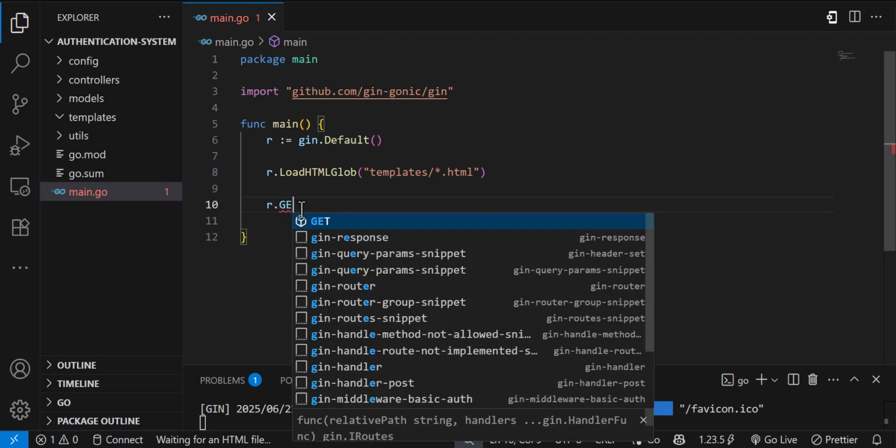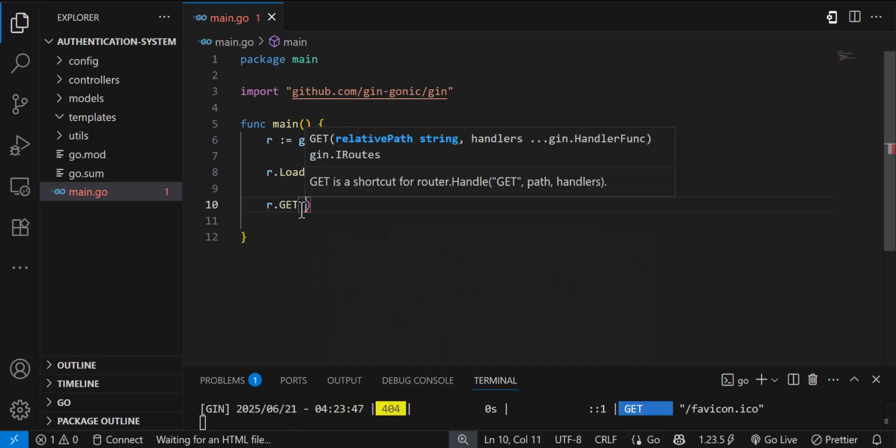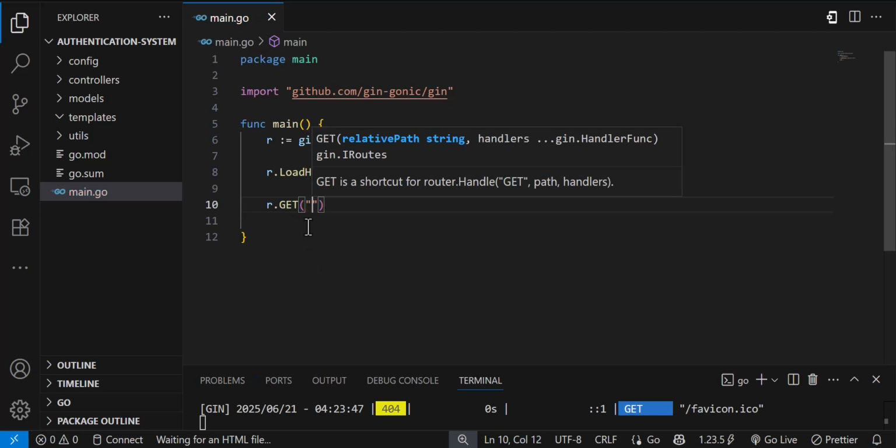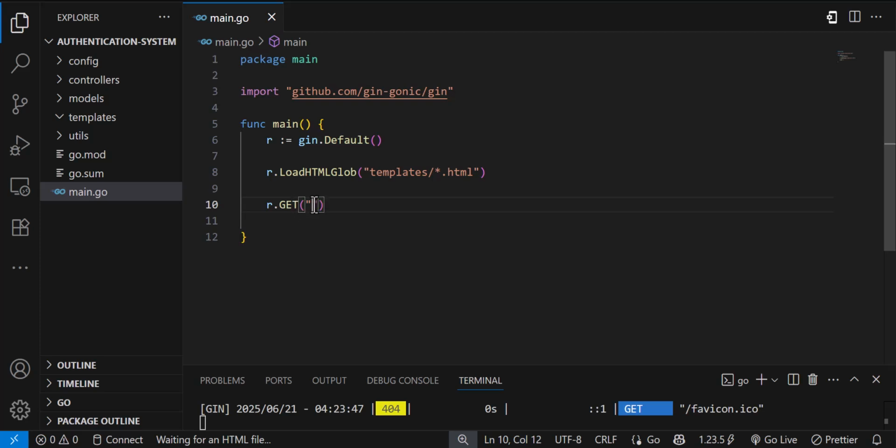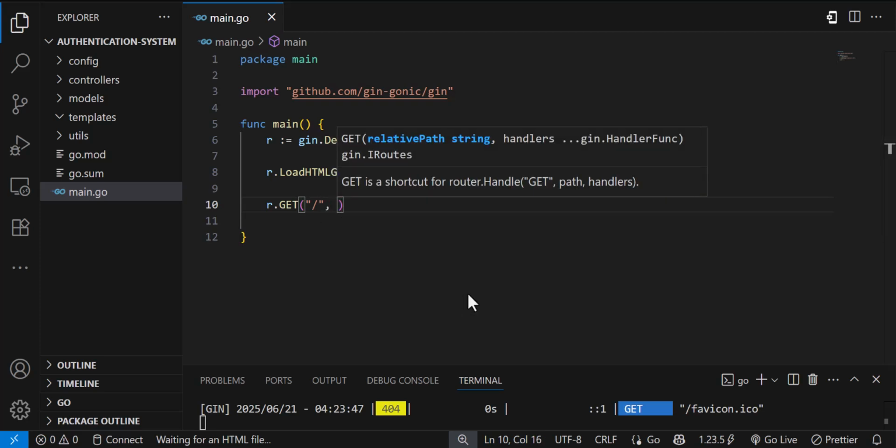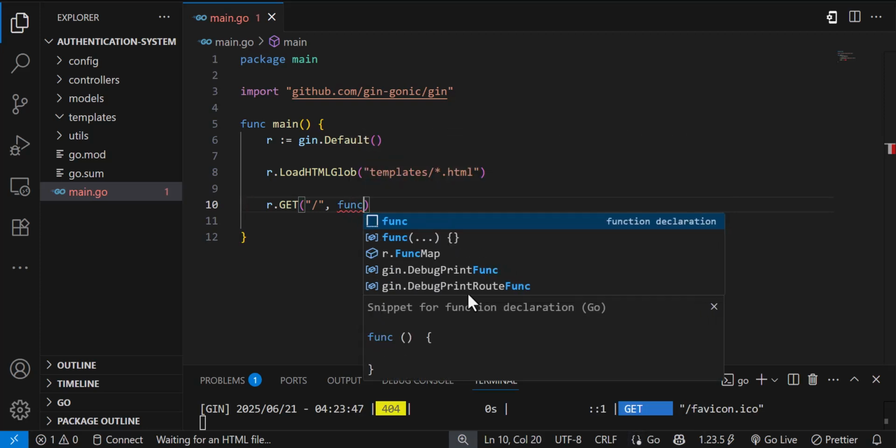Good. So since it's a get method, we will do GET, all in caps, then you bring your brackets over here, then you now specify the route. So the route is supposed to be a string, so it's supposed to be in quotation. So since it's a home page, we will just do forward slash to handle the home page. So assuming when we get to creating the route for the login, we will just do slash login like that. Good. So since we are now creating our first route to the home page, we will do only the slash. Then we bring our comma over here, then we will create a function inside over here, and we will now